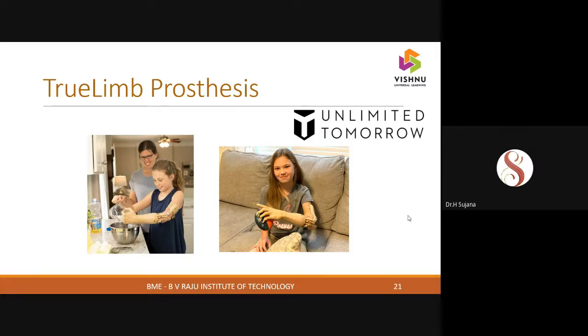Step 4 is they are going to 3D print, assemble the processes, and send it back to the doorstep. Step 5 is the limb is shipped. You can see the girl so happy wearing the prosthetic limb and going on with the daily chores. But he says it's affordable, but the cost of this limb is 8,000 US dollars. I don't think it's affordable in India, but in the USA it's affordable. Okay, so this is one company which is working on 3D printing prosthetic limbs.